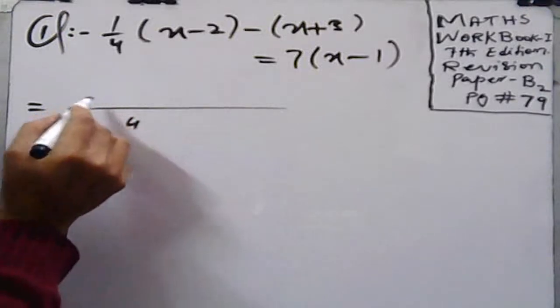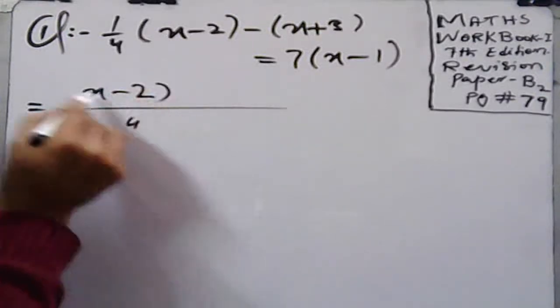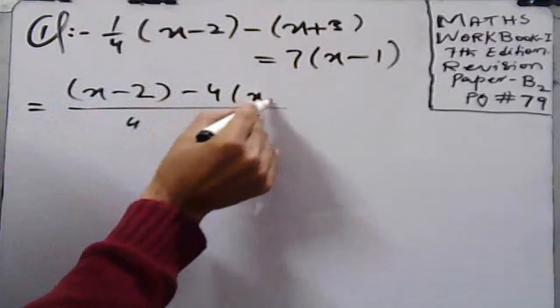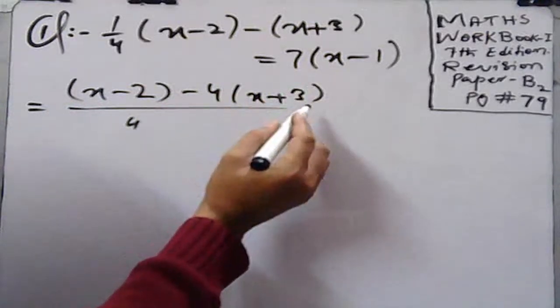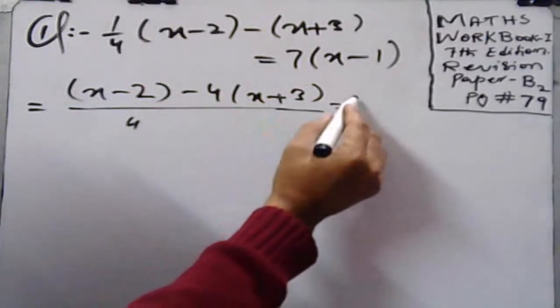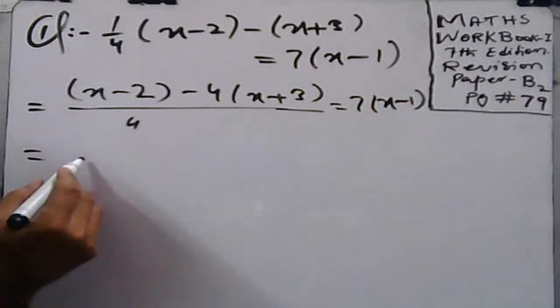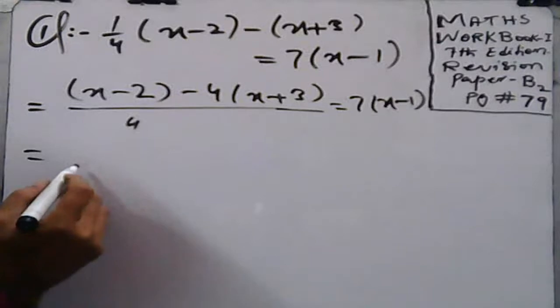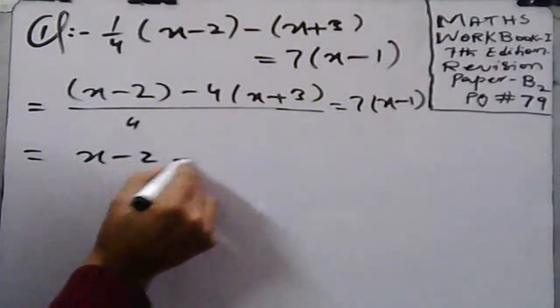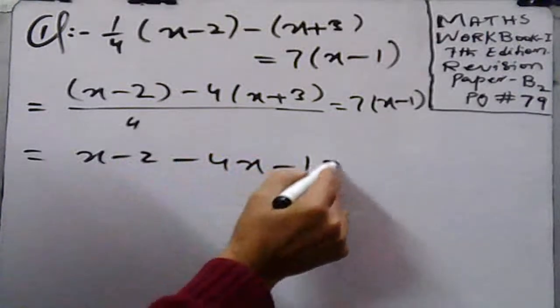So you can write (x minus 2) minus 4 into (x plus 3) is equal to 7 into (x minus 1). After simplification you will get x minus 2 minus 4x minus 12